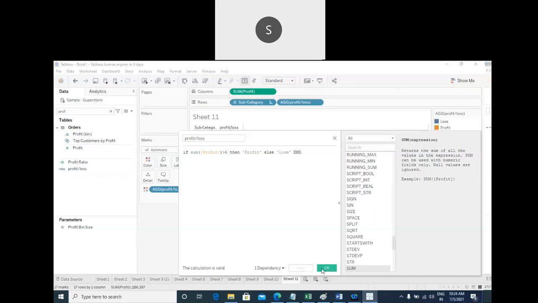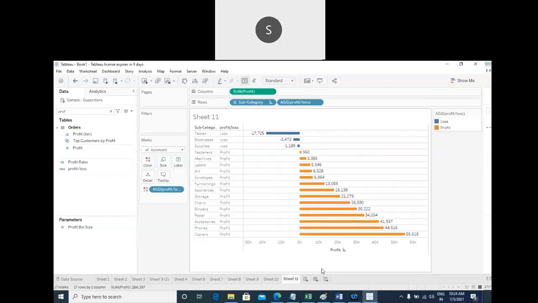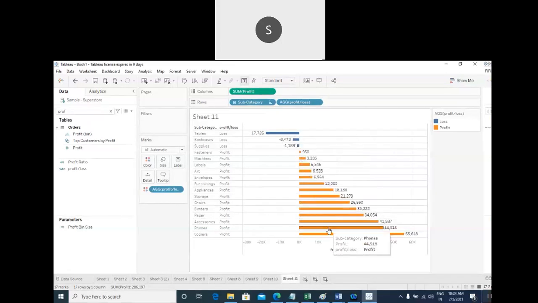Apply. Okay. See, we are getting this value. Clear?